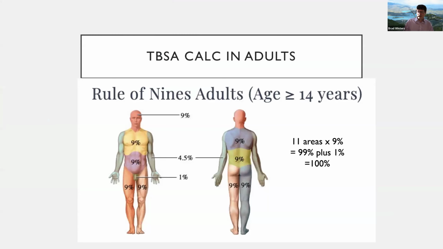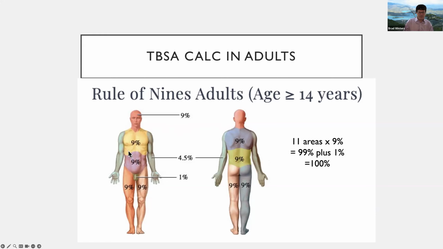All right. So rule of nines. This is probably the most common way we calculate total body surface area of burn. And it's called the rule of nines because basically we break up the body into areas of 9%. So we've got the chest, the abdomen, each arm, the head, the front of the legs, the back of the legs, the lower back, and the upper back, and the general area is 1%. So you've got 11 areas times 9% each is 99, plus the generals would get you to 100%. So this is probably the most common way we do this.